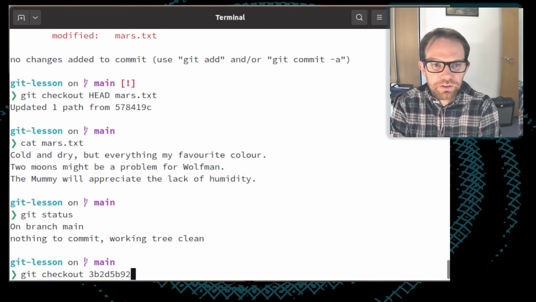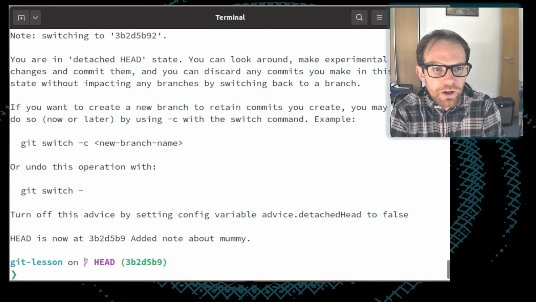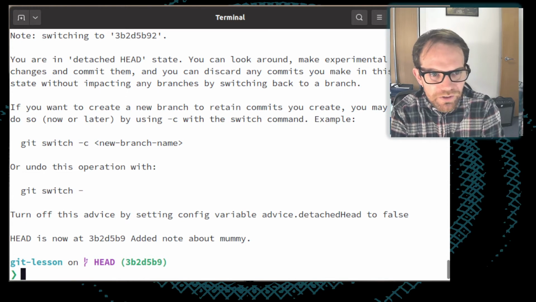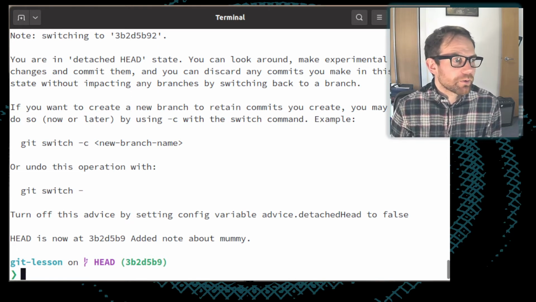Say I want to run git checkout just the name of this commit. Okay, so we get a long message where Git tells us what it's just done, and it's effectively a warning, which is the same as what this warning about "don't lose your head" is all about. So it tells us that we're in detached head state. So that means that we've moved the state of the repository, the entire working directory, to some point in its history. And this is a difficult thing for Git to deal with, and it's telling us precisely that.